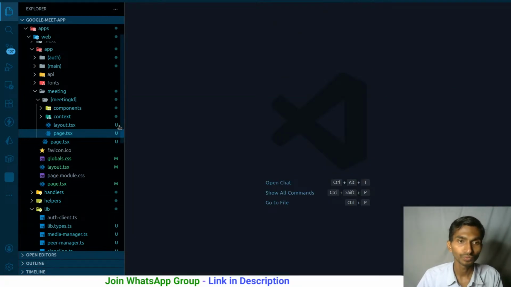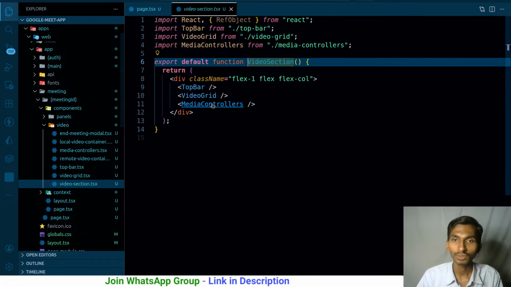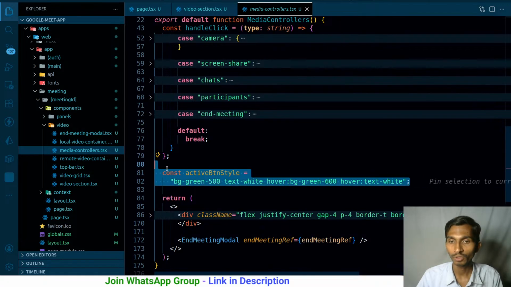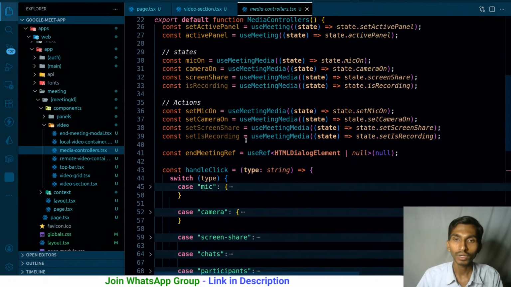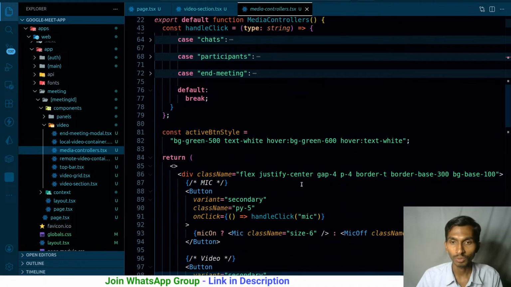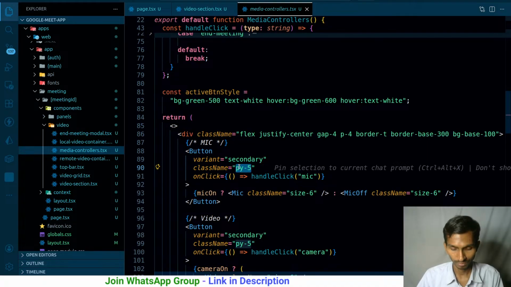Coming back to page.tsx, I have to go to the video section. Inside the video section, media controllers. Inside this media controllers, if you have a look, I already have this particular style over here. And what I have to check here is the value of mic on and camera on. Ultimately, this particular section. If the value is on, by the way, I have to come here, and this is where I'm giving it the class.